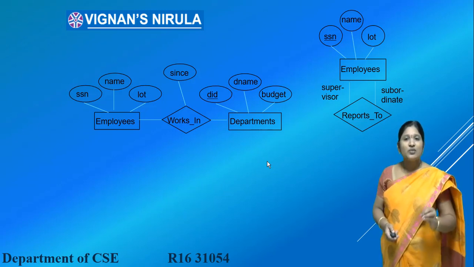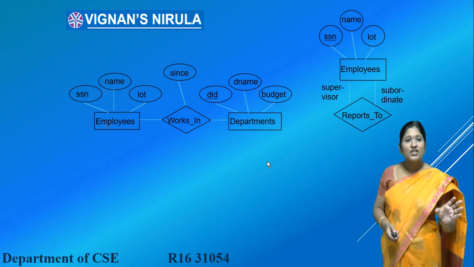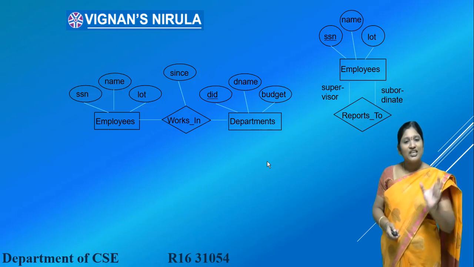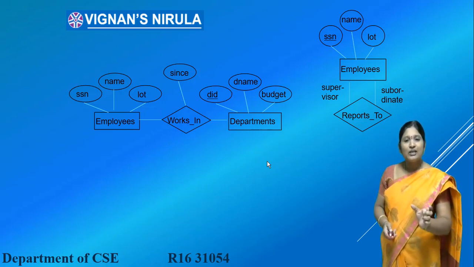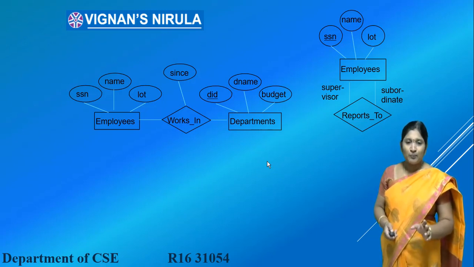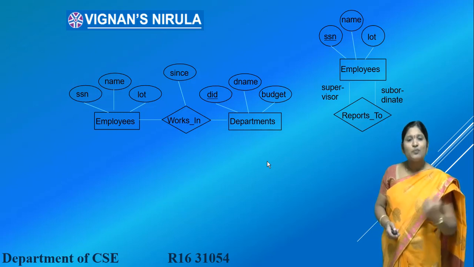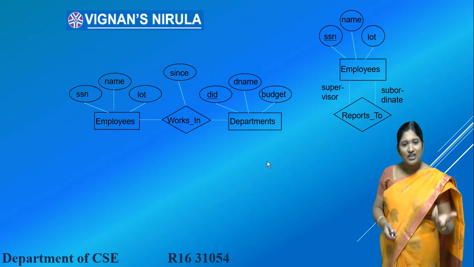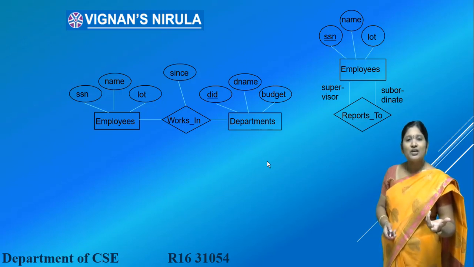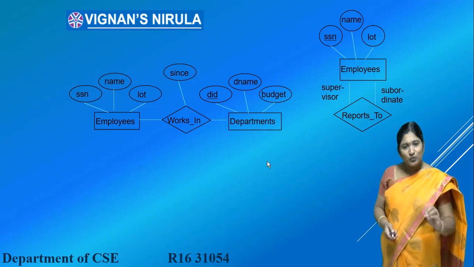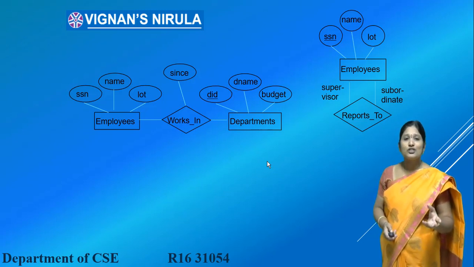So here in the database, what fact has been given to us? An employee is working in a particular department since some point in time. So, where do we put the since attribute? Can we put since in employees? Is since appropriate for the employees? No way. Can we put the since attribute in the department? Is it reasonable? We can't put the since attribute in departments either.